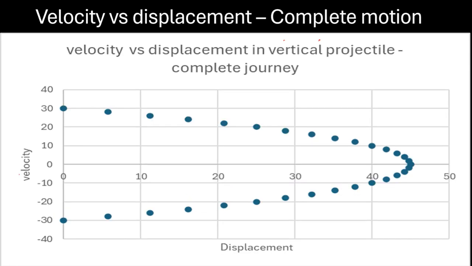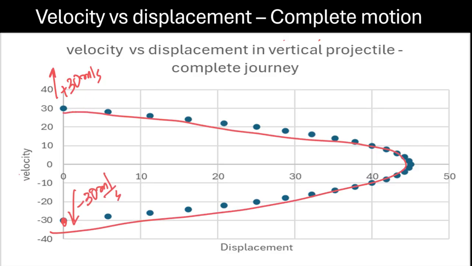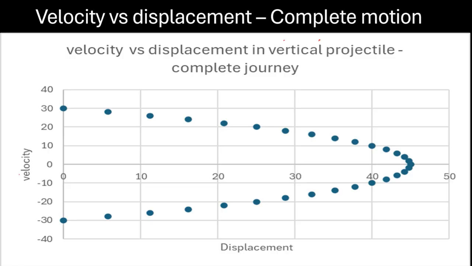And if we compare these two together, what we have is the object was projected up with a velocity of 30 meter per second. And when it reaches down, it approaches the ground with a velocity of minus 30 meter per second. And again, you have a parabolic curve here. Right. Now,